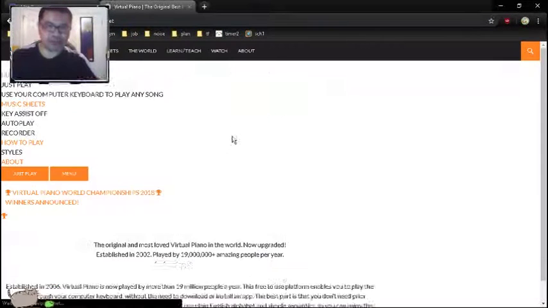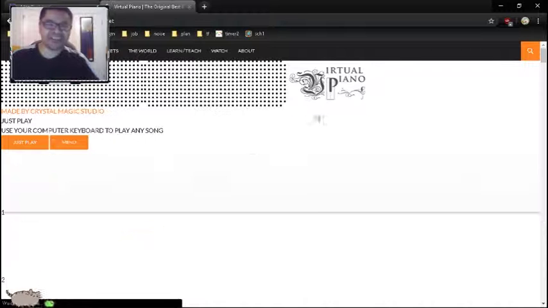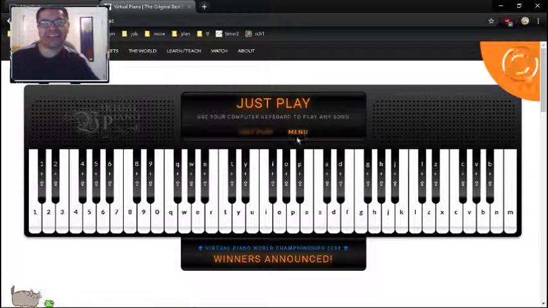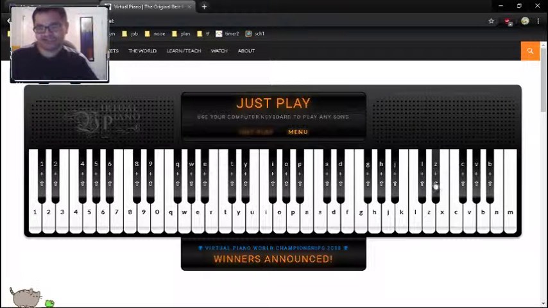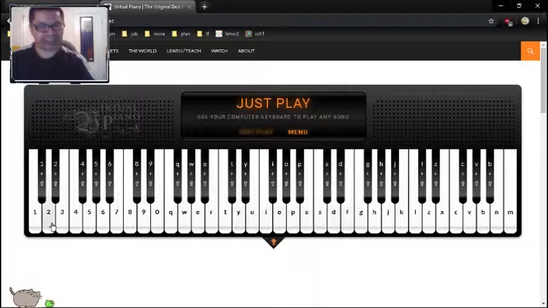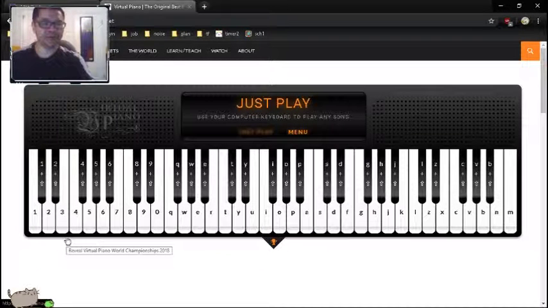Virtual piano is a streamlined system. All you have to do is type virtualpiano.net and you're presented with this keyboard. And it has the best maps that are currently available to